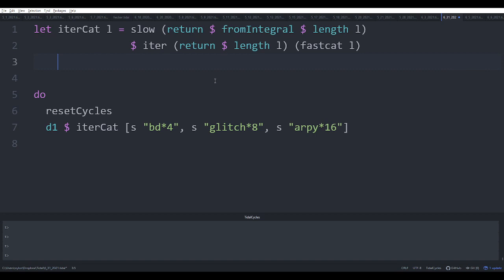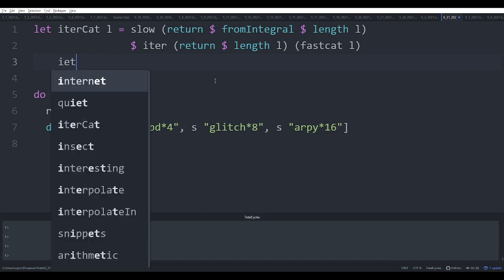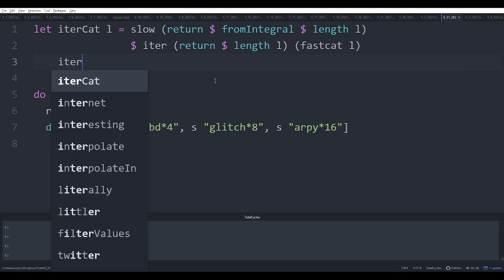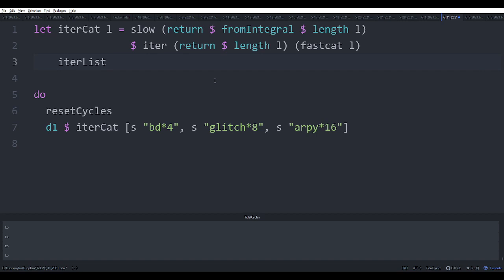So let's try this. Let's call it iter list. And we're going to make this slightly more general. We're going to have a skip distance, which we'll talk about in a second. In fact, we can always do an iter list prime and give it a skip distance, and then have iter list just have a skip distance of 1. Okay, and then this should take lists, and then return